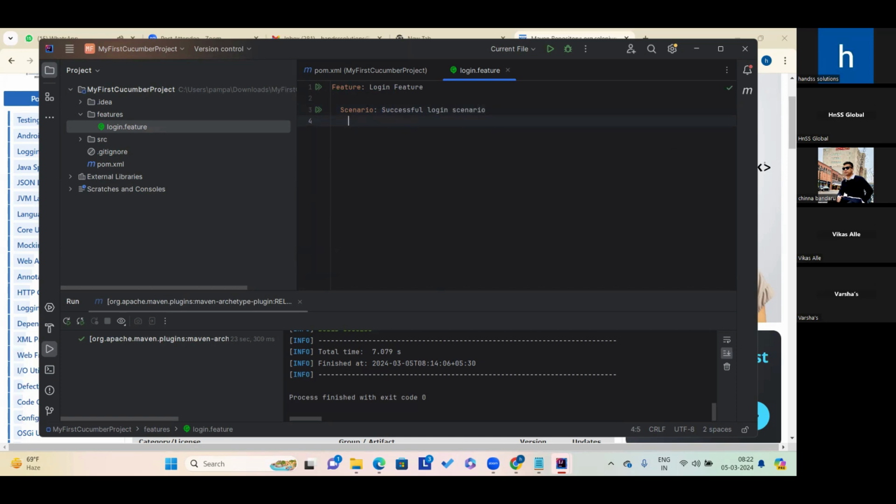Now, as we discussed, Cucumber provides mainly three different keywords. Given means the precondition, like what is the existing condition, what the user is trying to perform on that particular condition, and what the outcome is. So the precondition and the input conditions should be written under the Given statement. Okay, so Given user is on login page,